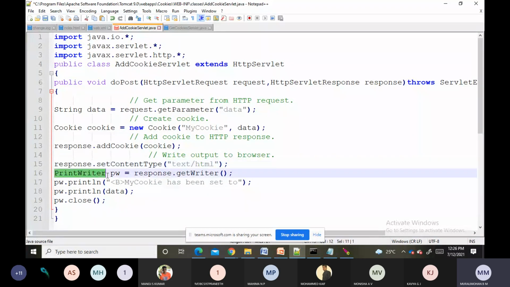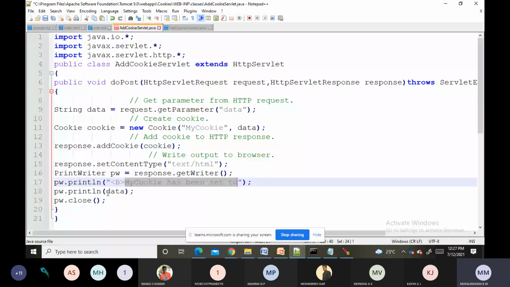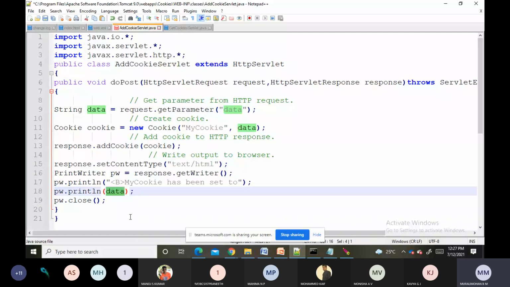We already know why we are doing this, and then directly we are displaying that my cookie has been set to this particular data, and we are printing the data we are reading from the form. This is how we can set cookies in a Java servlet.